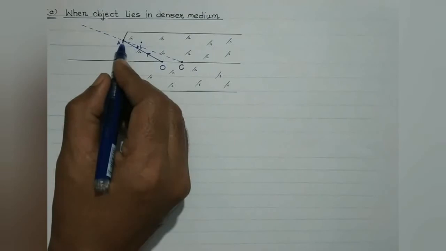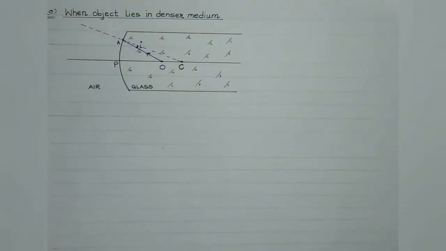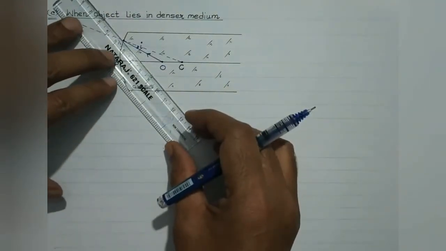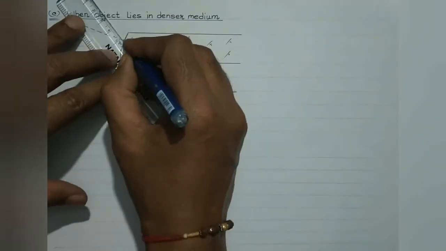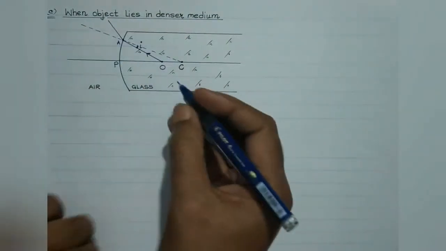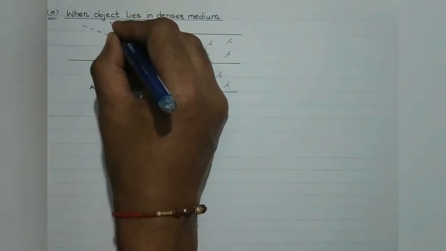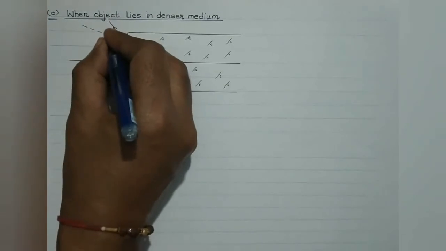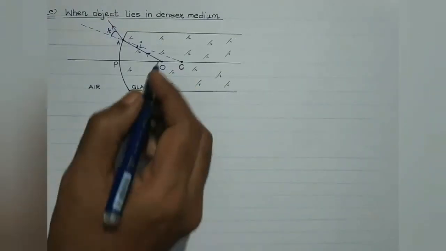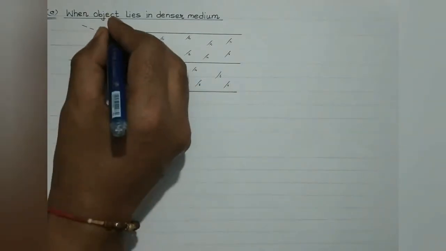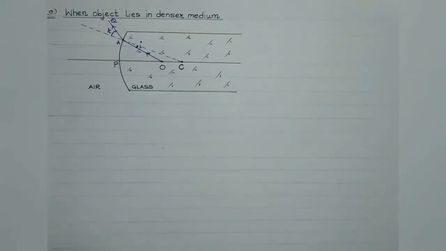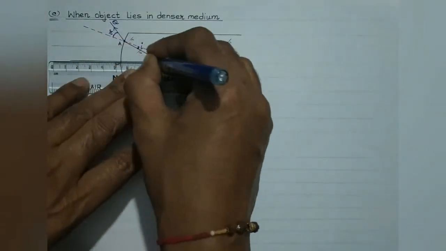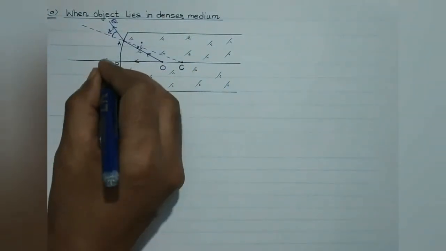Now here, students, the ray is traveling from denser to rarer medium. So definitely the ray will bend away from the normal. So as a result, the angle of refraction in the rarer medium would be greater than the angle of incidence in the denser medium. So this is the refracted ray. And the angle which this refracted ray makes with the normal will be the angle of refraction, right? So OA is the incident ray, and A, suppose this is point Q, AQ is the refracted ray. And another ray which is incident normally at point P will remain undeviated. This is the ray which will remain undeviated.